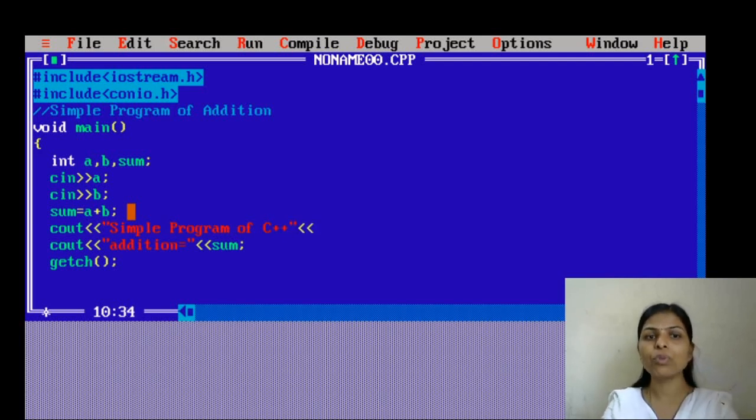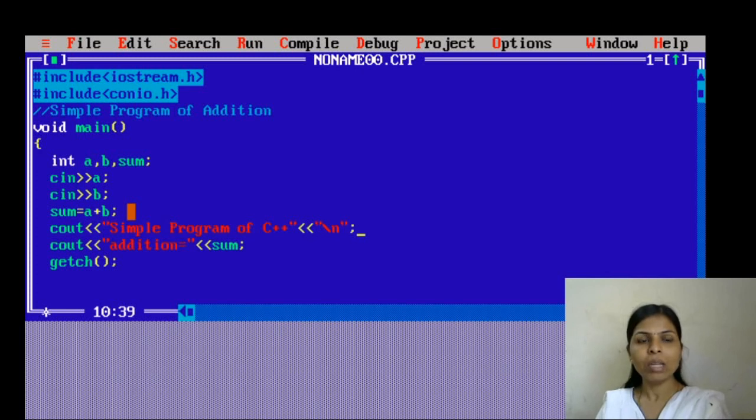And again I am using the operator, because first I want the "simple program of C++" string, and below that I want the addition. So I will use the \n. This \n indicates a new line. It means after this statement, a new line will automatically be generated, and we will start our program to take input.